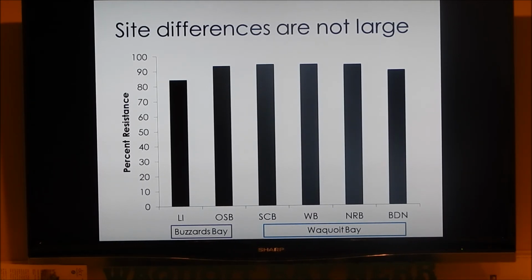And if you'll remember, the LI site is our low impact, and then Old Silver Beach is the high impact. So those are the two that showed the biggest, most substantial difference, but still it's not that much. We're probably going from 94% to about 86%, which is relatively small. But then interestingly enough, most of the sites around LaQuoit were pretty similar. And actually the most impacted, what we consider the high impact site, which is right here, is the lowest. So that's sort of different than what we're seeing here.